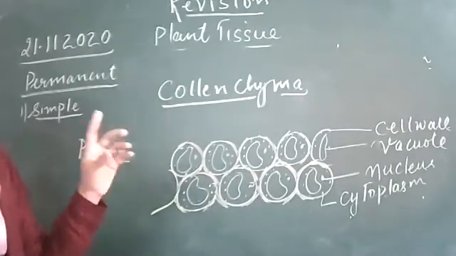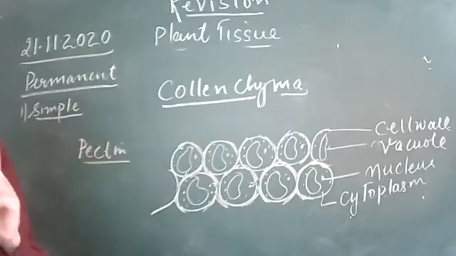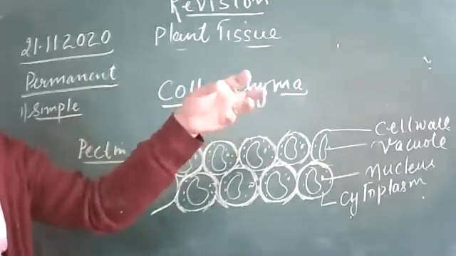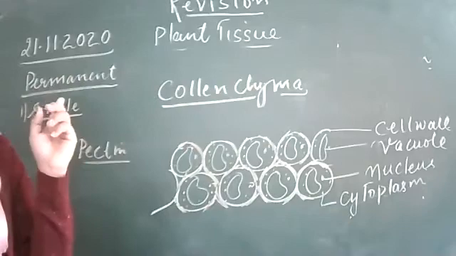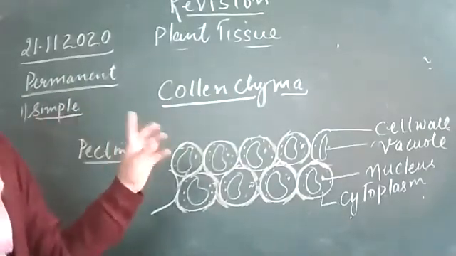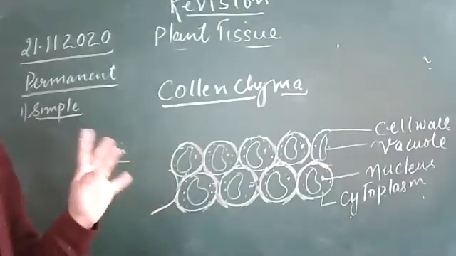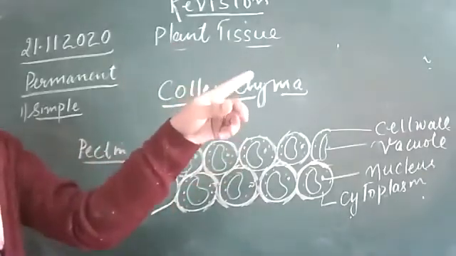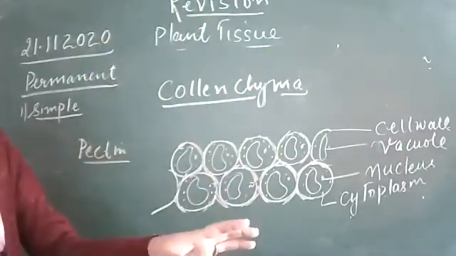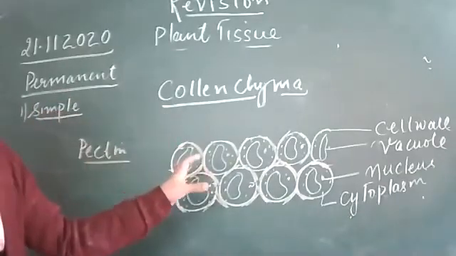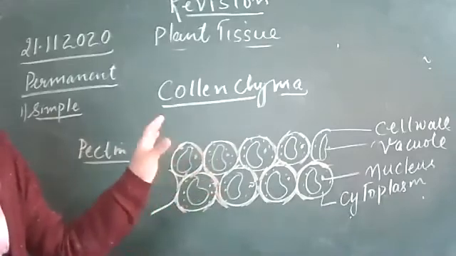Getting my point? When you write about thickening, there was a difference in the exam between parenchyma, collenchyma, and sclerenchyma. Students write thickening in collenchyma, thickening in sclerenchyma. What is the main difference? In collenchyma there is thickening at the corners, irregular thickening, not because of lignin. But in sclerenchyma the cell wall is thickened because of lignin deposition. Collenchyma cells are living. Sclerenchyma is dead.